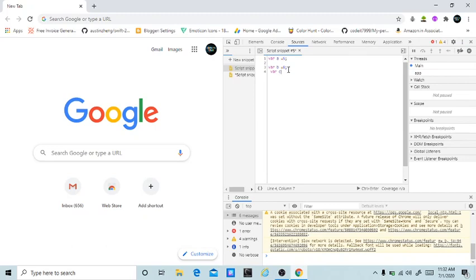So when I give the value of a to c, a will become empty, and c will be attaining the value of a. So our variable c will be 5 and variable a will be empty.